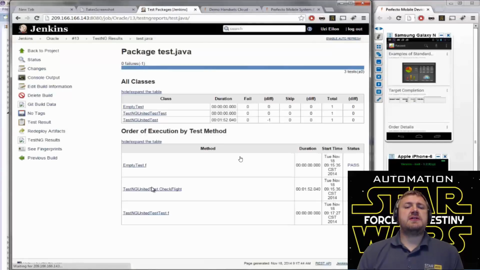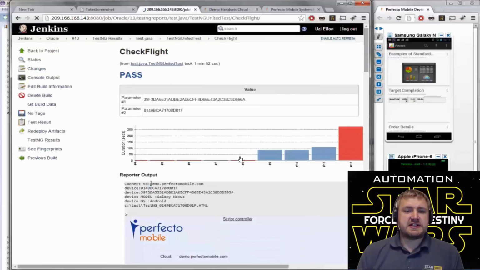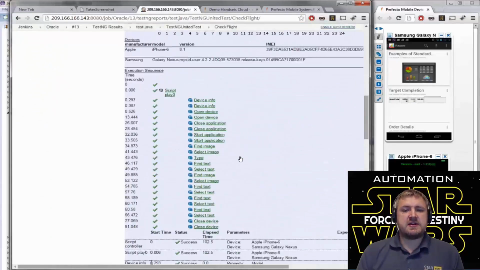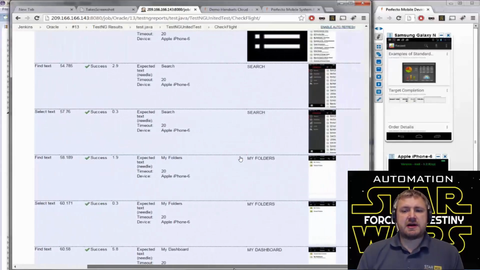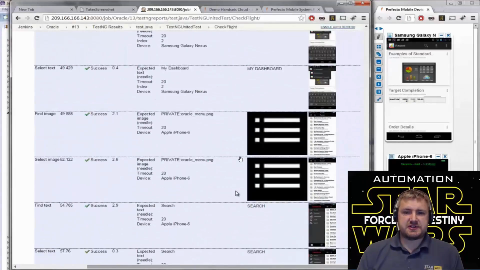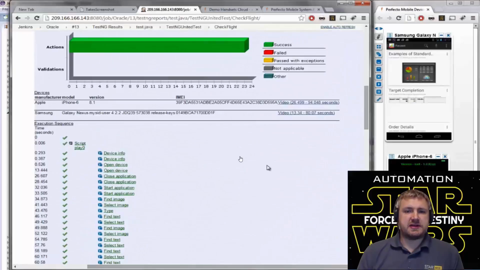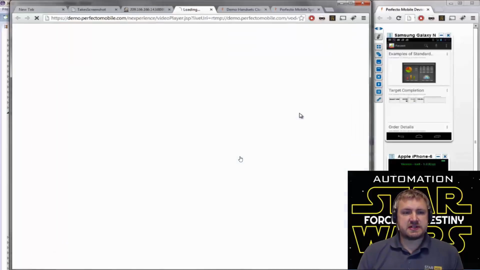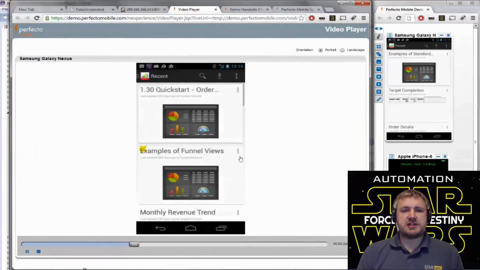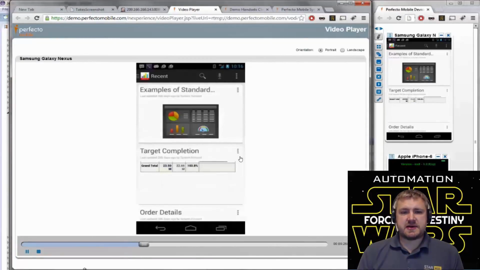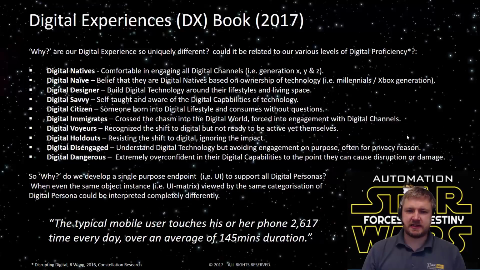So you can see the steps that have been executed, what the test steps were, what the data was that was being populated in there, what the different activities were that happened throughout that test. And this gives us a great reference, and also we can compare that against previous runs. Equally, we've got the video that comes from each one of those devices, which allows us to step through this step by step. This leads nicely onto the digital experience bug that I've been working on over the Christmas period,